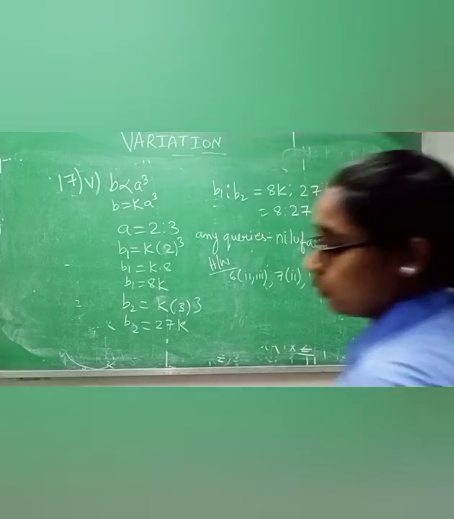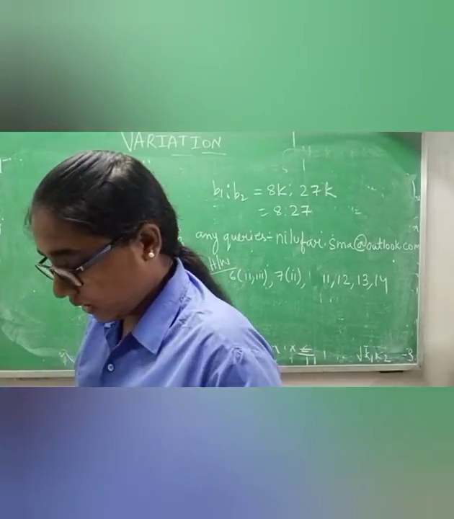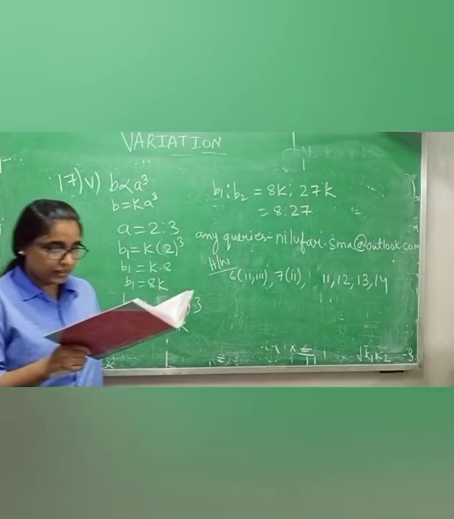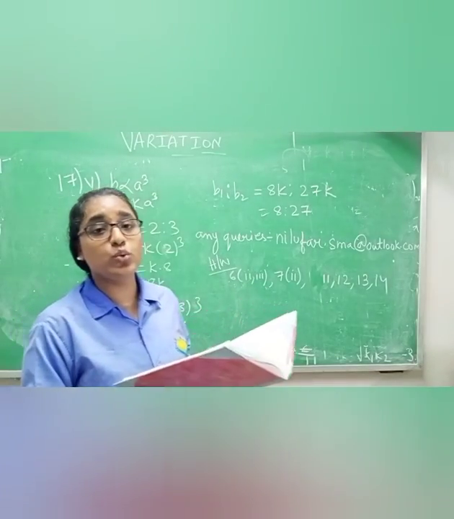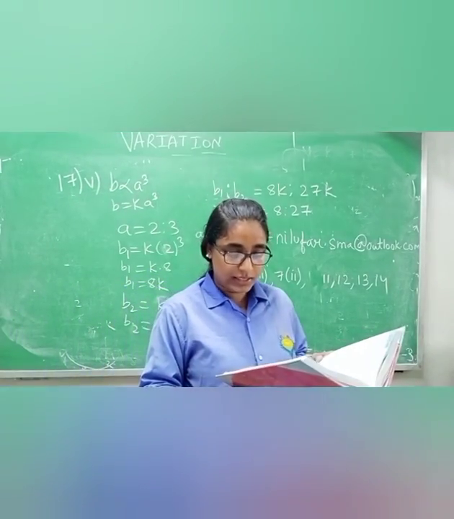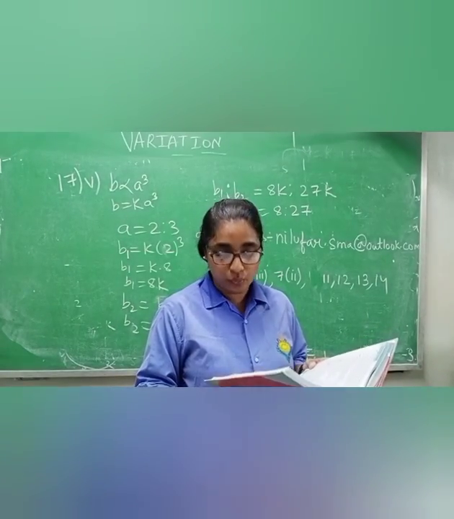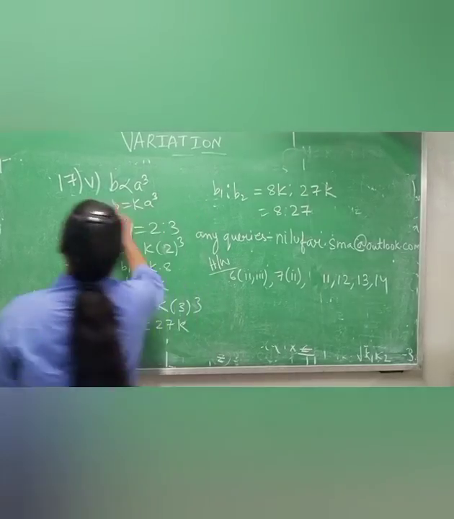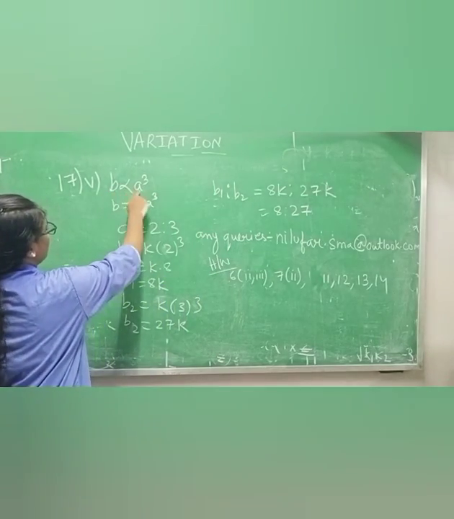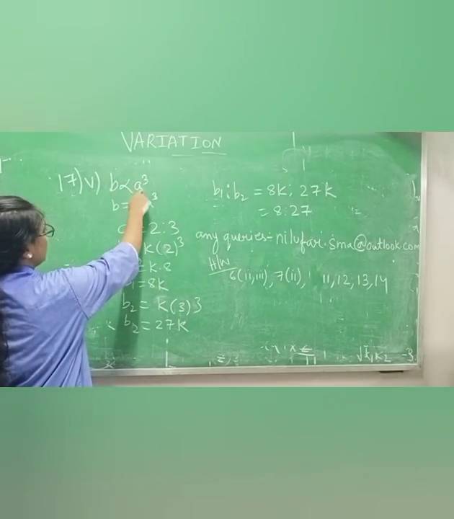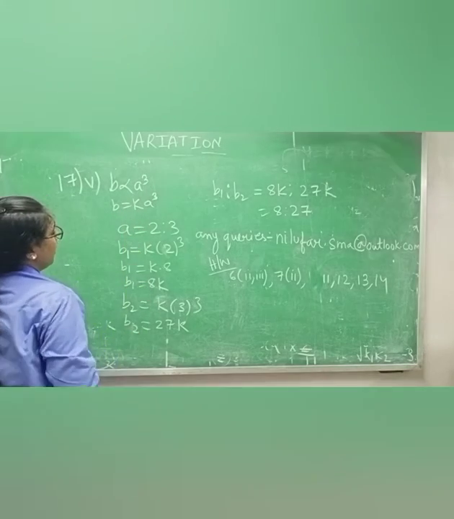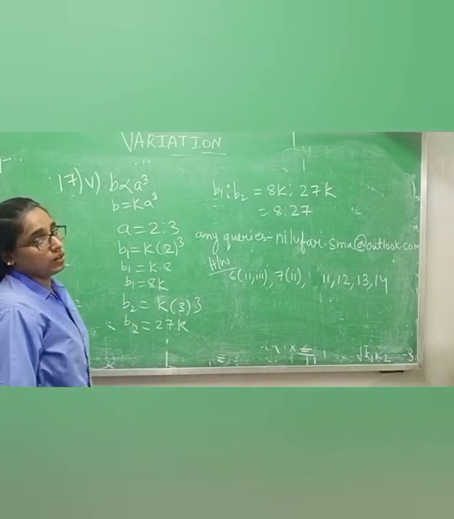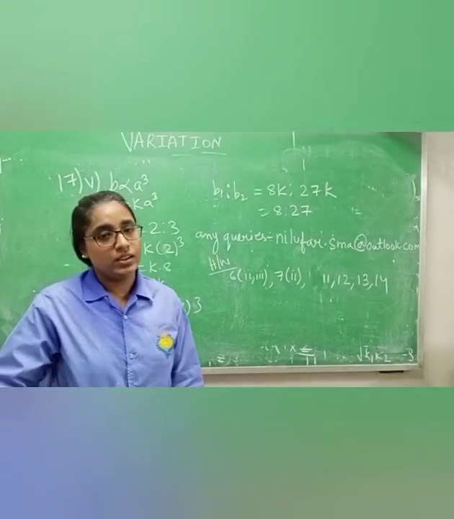Now class 10, read question number 17, 5. If b is directly proportional to a cube and a increases in the ratio 2:3, let us find in what ratio b will increase. So what is given is that b's relation is directly with a cube, then a will increase in the ratio 2:3. They are asking in which ratio b is increasing.